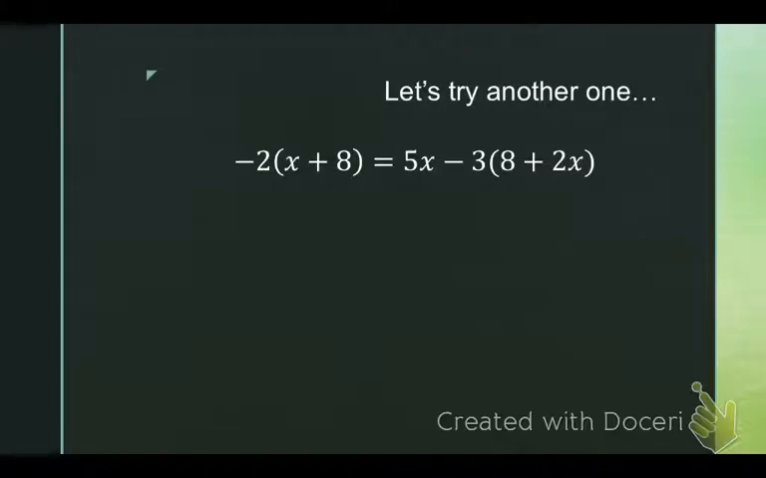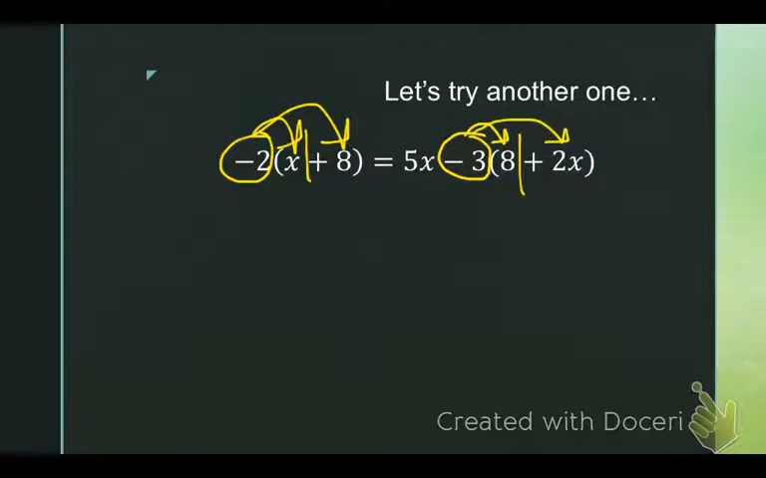Okay, this one's a little bit more complicated. So I'm going to do the same thing. I'm going to split up my terms inside the parentheses. I'm going to take the numbers on the outside and multiply them by everything in the parentheses. This one's a little bit more tricky on the right side. I need to take -3 and multiply it by everything inside the parentheses, because that's the term. The term is -3. So -2 times x is -2x. -2 times 8 is -16 equals 5x. -3 times 8 is -24